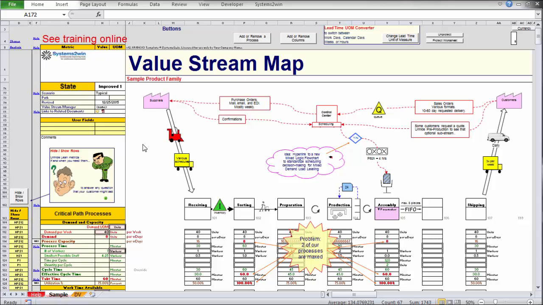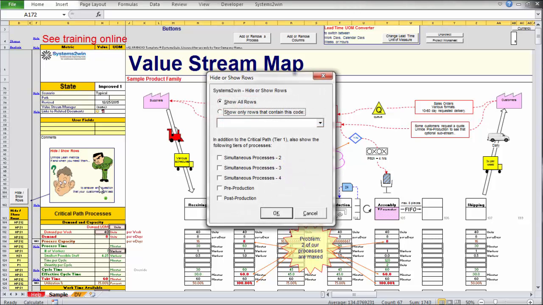Now notice that we are on the sample worksheet down here. And the purpose of a sample worksheet is to show you how things work. You don't actually do your own work on a sample. But the sample has the many different codes in here, so that when you click the button, you can learn things and say, I want to show codes that are relevant to healthcare or to a service and office environment.